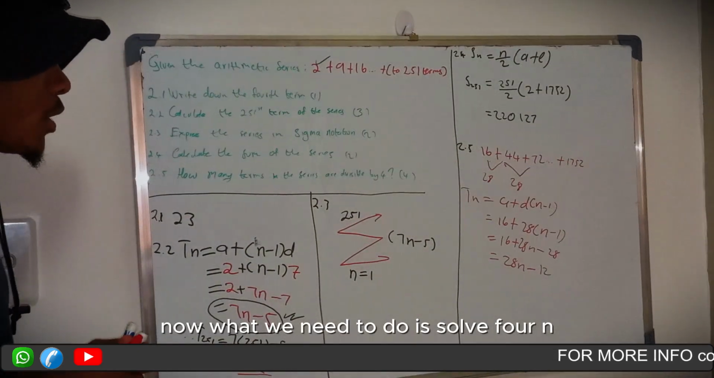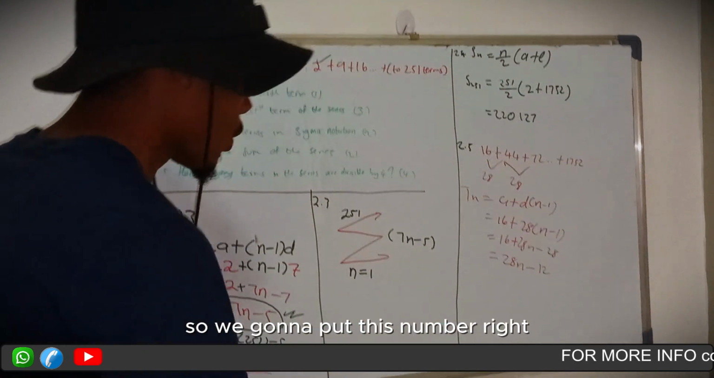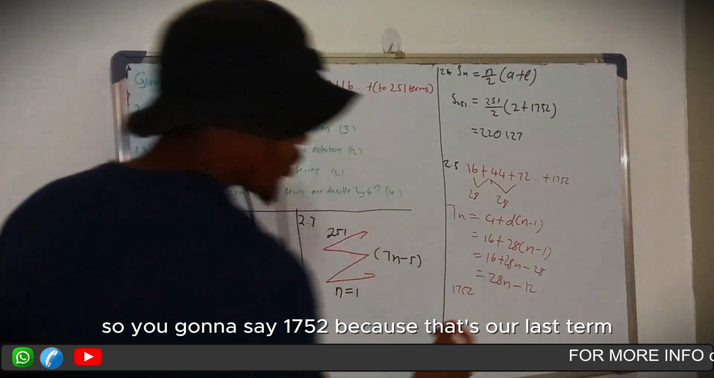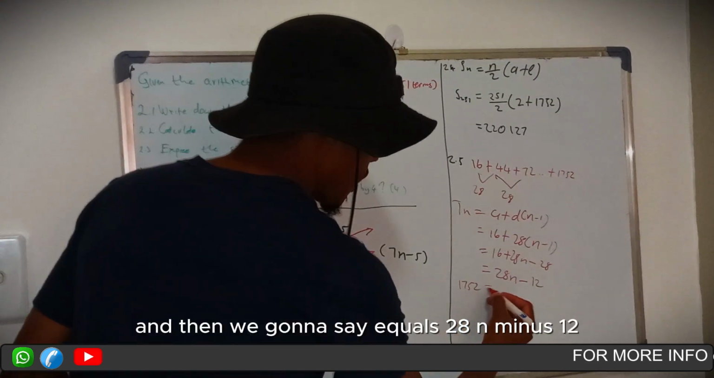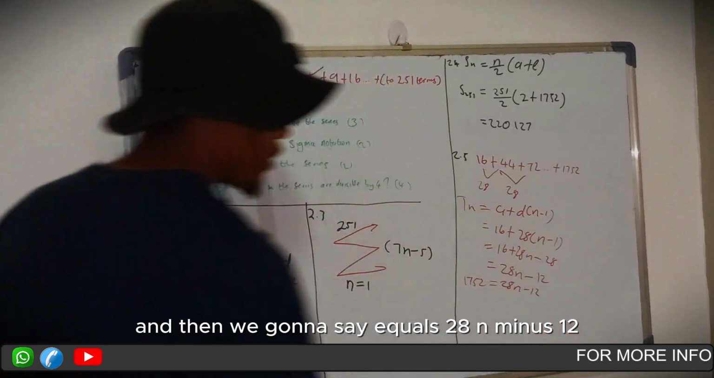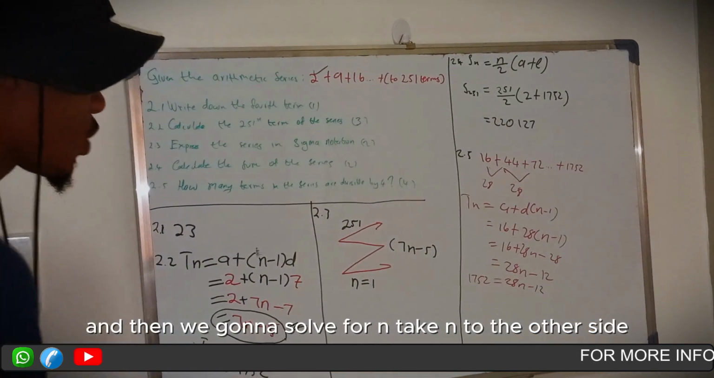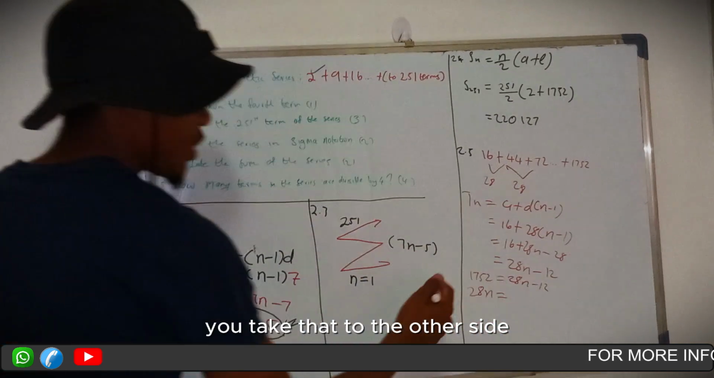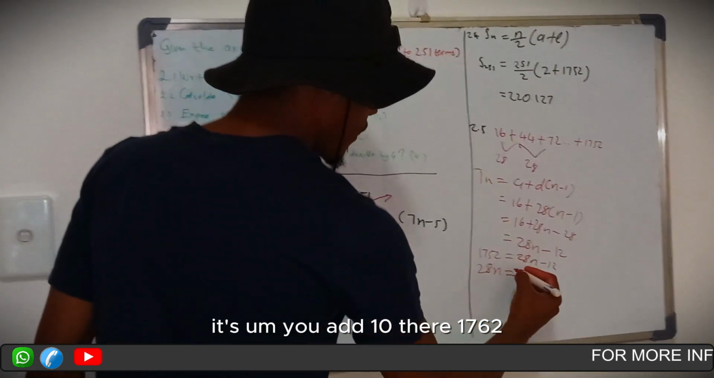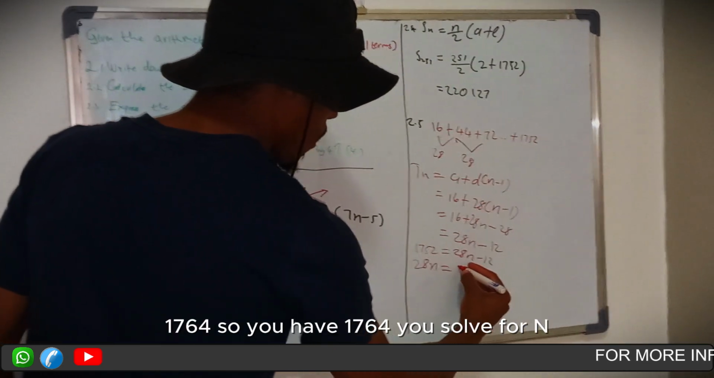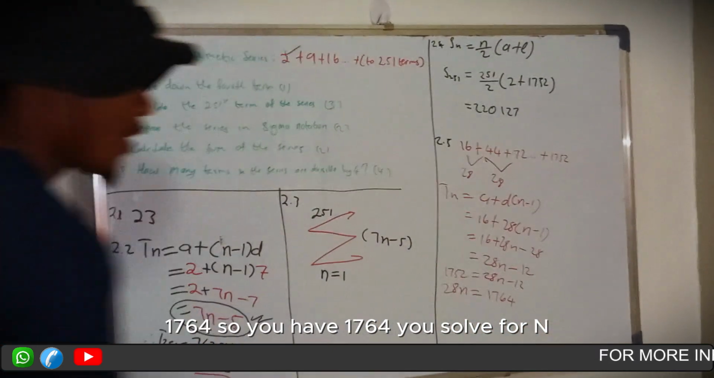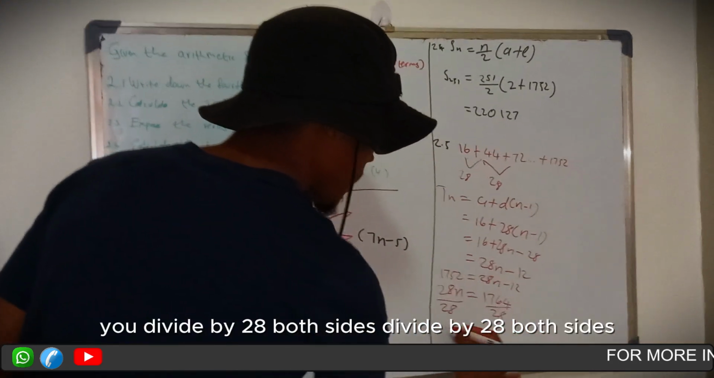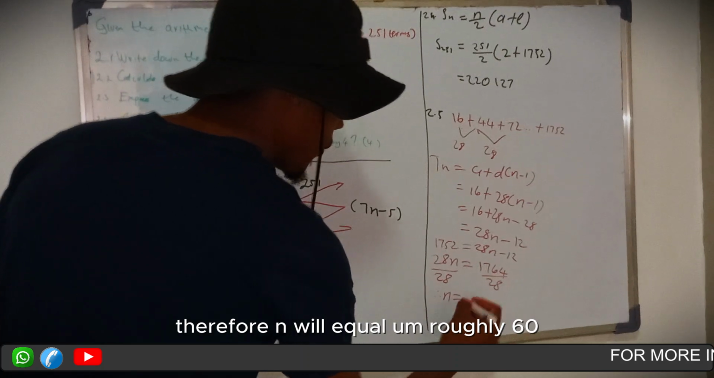Now, what we need to do is solve for n. So we're going to say 1752 because that's our last term, and then we're going to say equals 28n minus 12. And then we're going to solve for n. Take n to the other side, 28n. You take that to the other side. You add 12 there: 1752 plus 12 is 1764. So you have 1764. You solve for n. You divide by 28 both sides. Therefore, n will equal